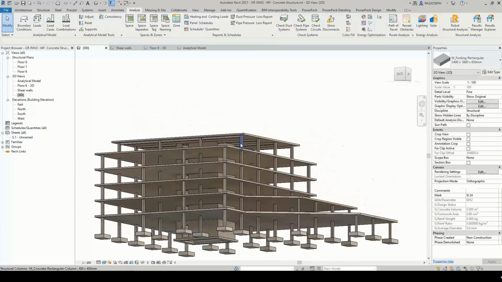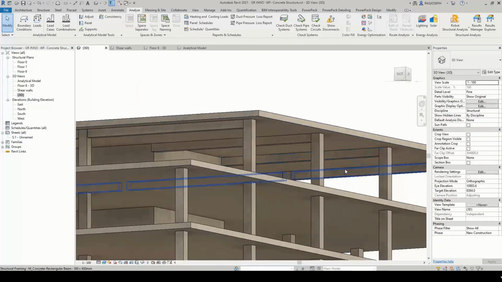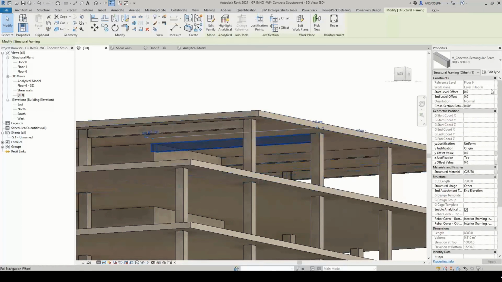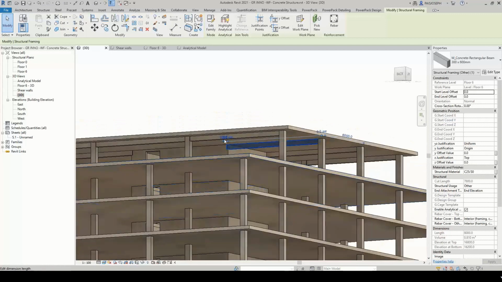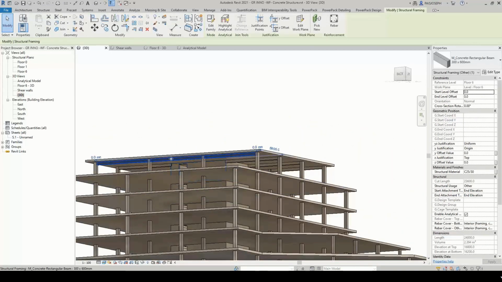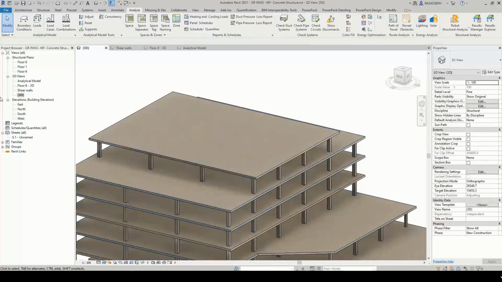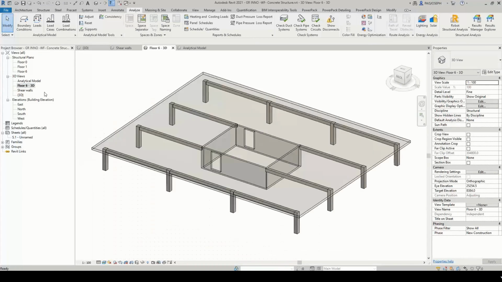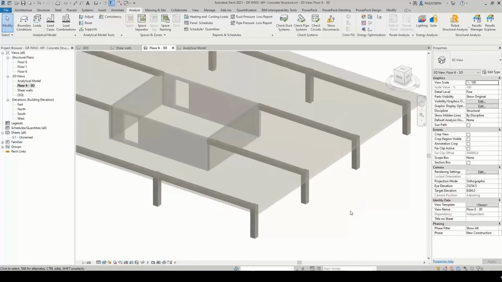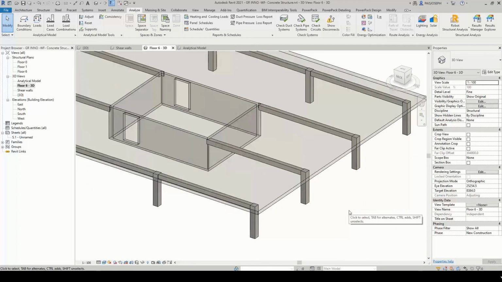If I isolate some objects, all structural members of this model, beams, footings, slabs, and even walls, for example, are now completed by additional data from Advanced Design.